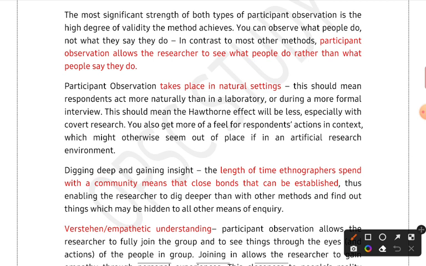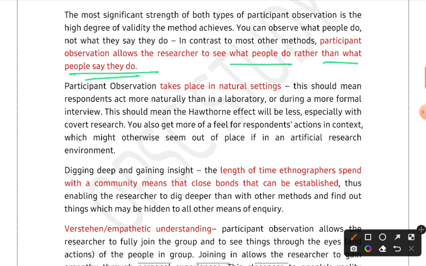Based on your facts or your data, the other data or secondary data will be collected. So if you are reading a book, that's secondary data, because the book might be written by someone who might have observed it or might have participated in that particular institution and written that particular book or theory. So this is a major advantage of it: you see what people do rather than what people say they do.